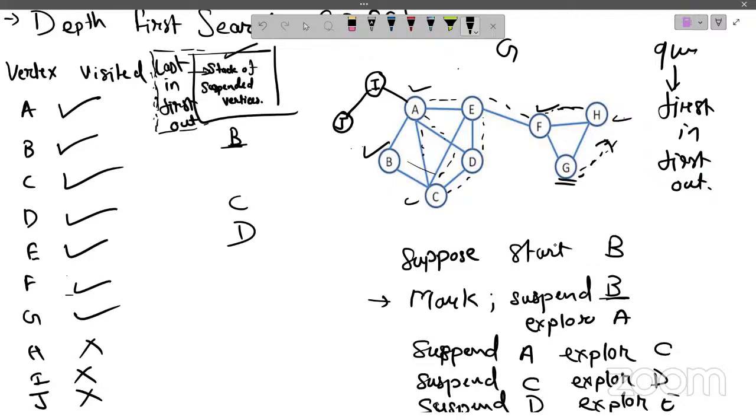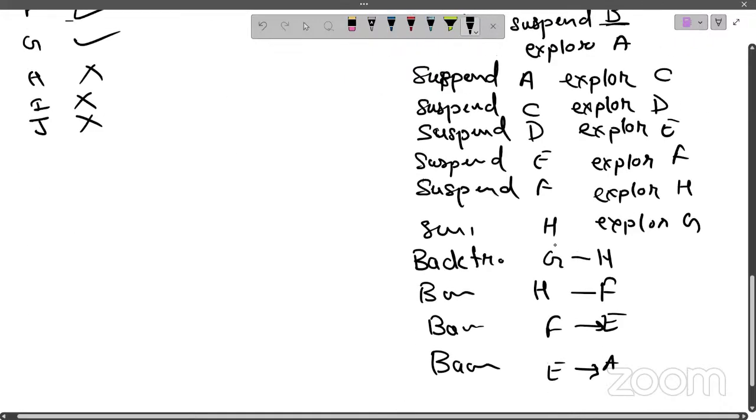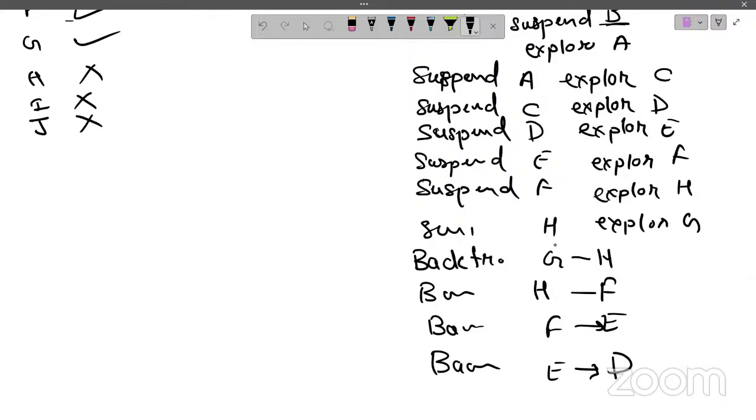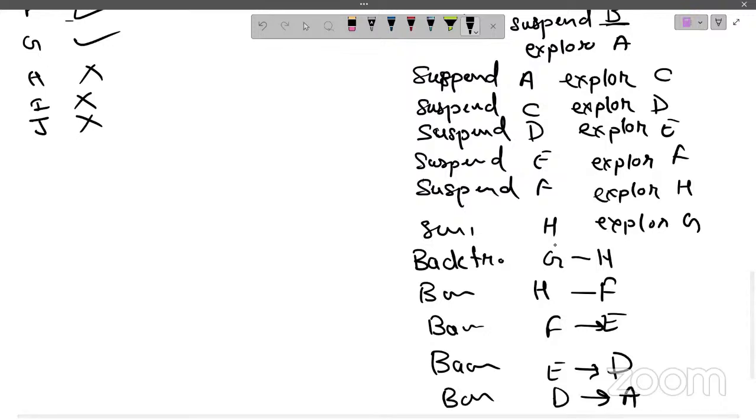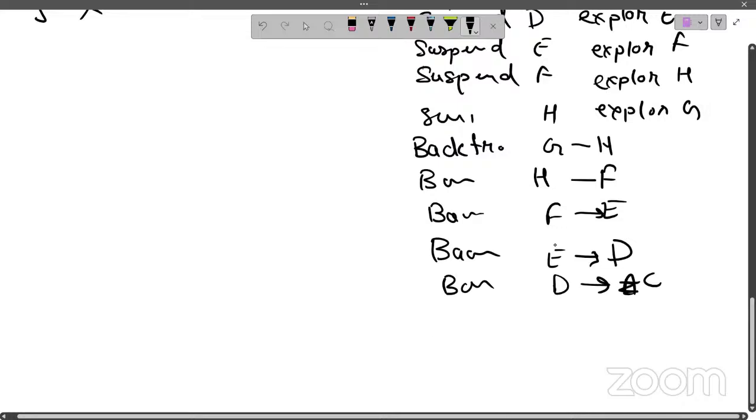Initially we suspended D and explored E. So when we are returning from E, should we not go for D? There is D and C between them, right? I forgot what is there. Okay, so again I'll backtrack to D. Ultimately, we'll reach A, right? From D, I will go to C, and then from C,